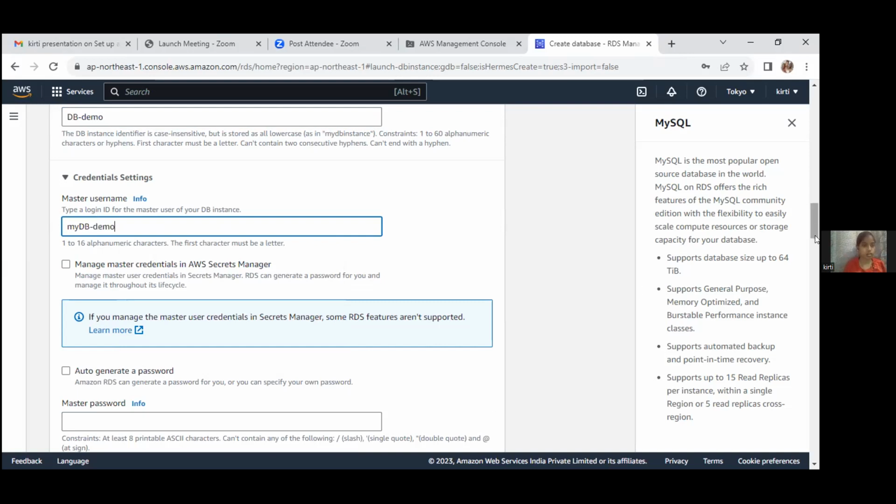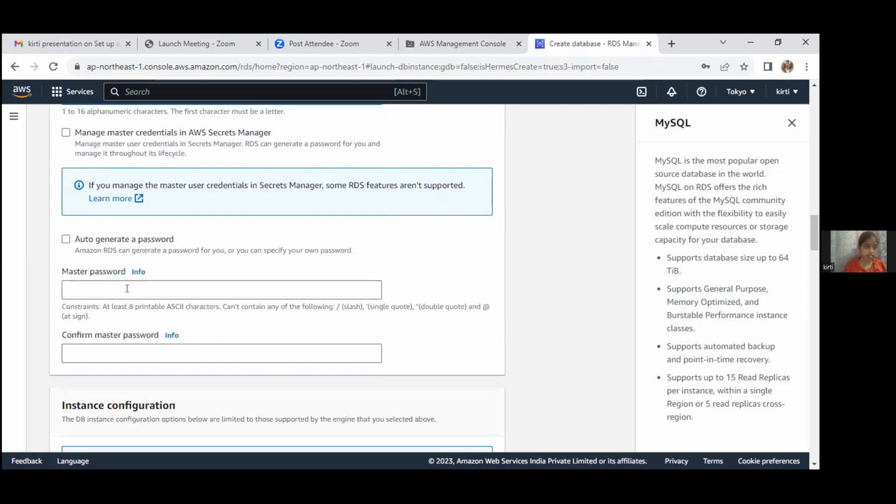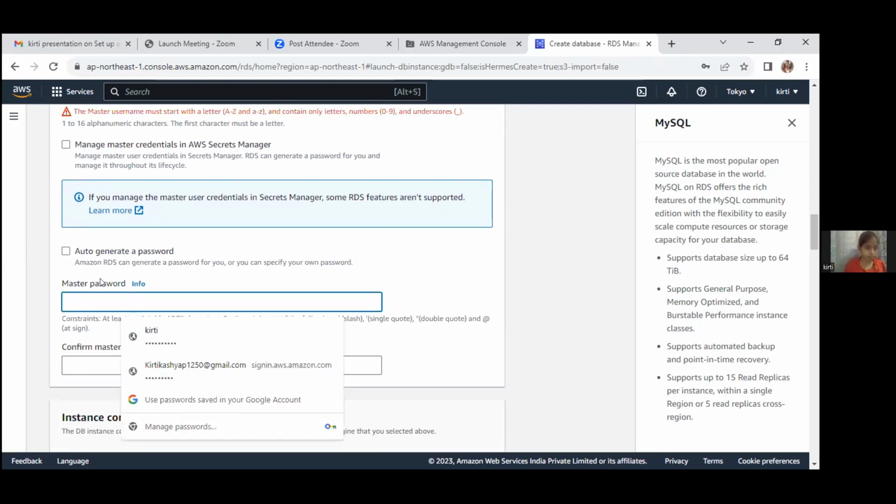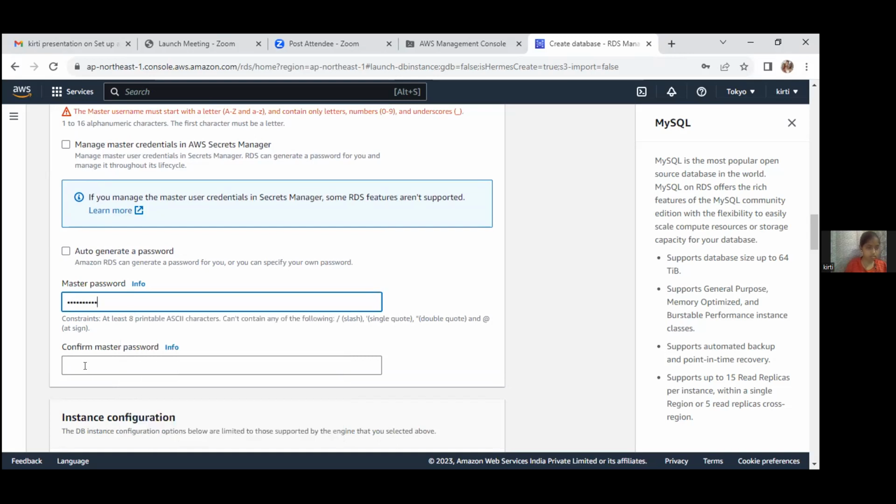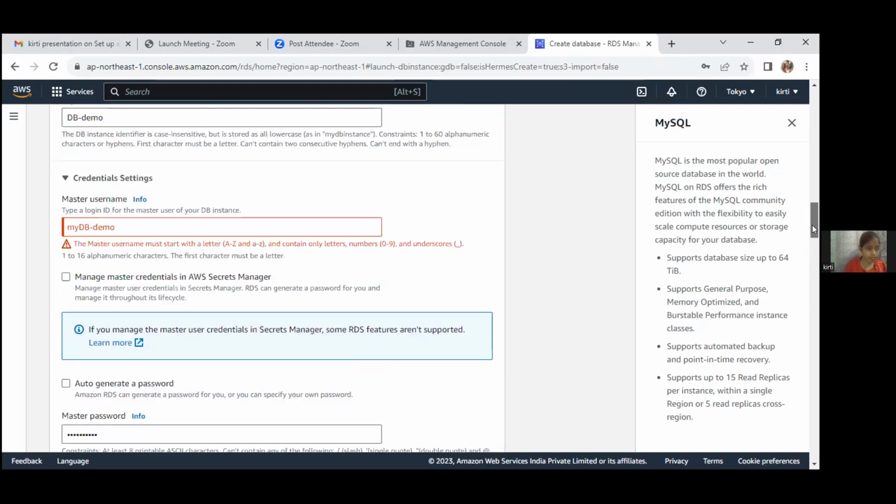And scroll down and give the password and confirm the master password.